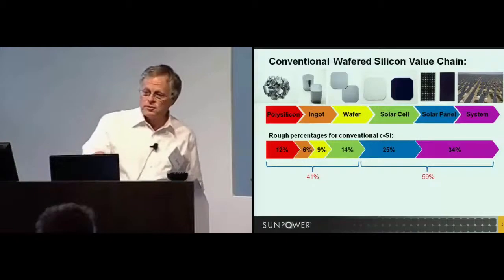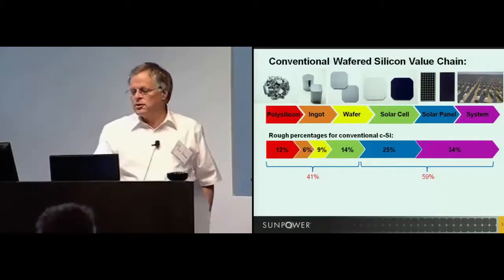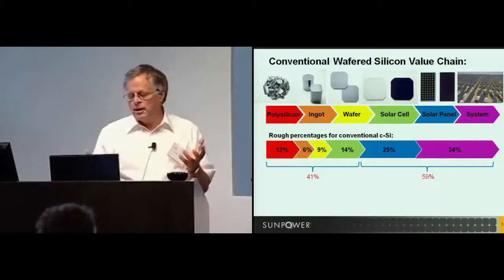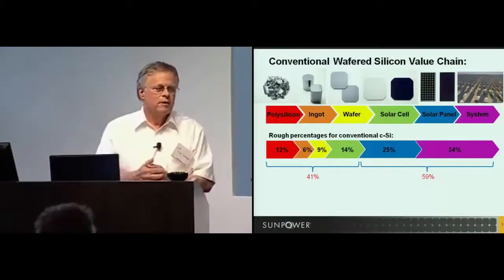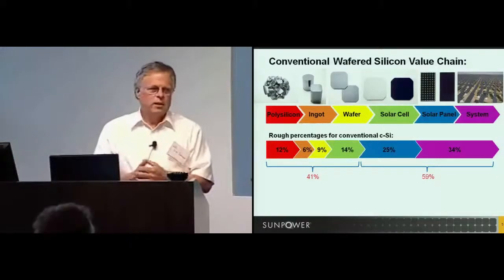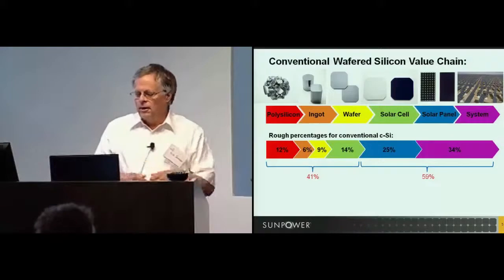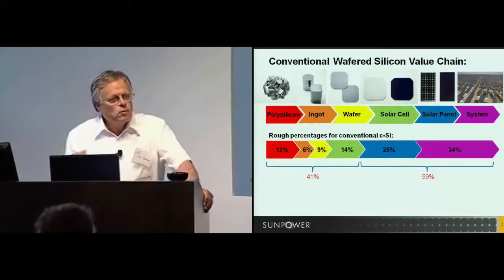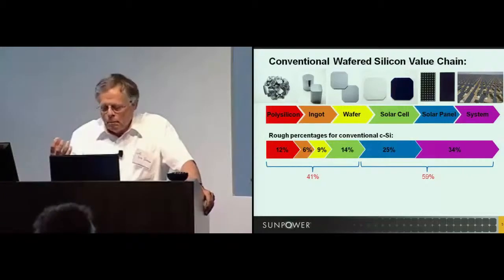I used this chart most recently in a talk on concentrators, and let's suppose we have the solar cell completed. That's only 41% of the total system cost, a complete solar cell. And suppose we want to make a silicon-based concentrator system. Well, then if we concentrate enough, that 41% goes away. Okay? So now we have, but